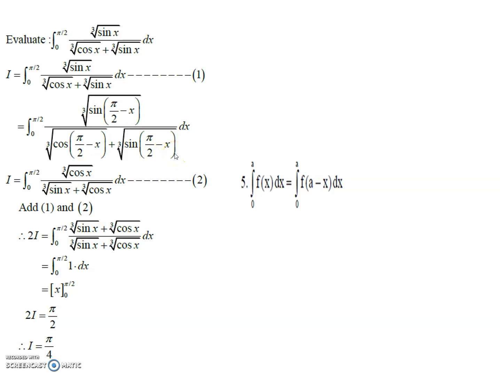We know that sin(pi by 2 minus theta) is cos theta. Cos(pi by 2 minus x) is what? Yes, it is sin theta. So we put the values and derive cube root of cos x upon cube root of sin x plus cube root of cos x. Adding equation 1 and 2, numerator and denominator are the same. So cube root of sin x plus cube root of cos x, common term gets cancelled. We derive 1, lower limit 0, upper limit pi by 2. We know that integration of 1 is x. We have to put pi by 2. We derive the final answer pi by 4.